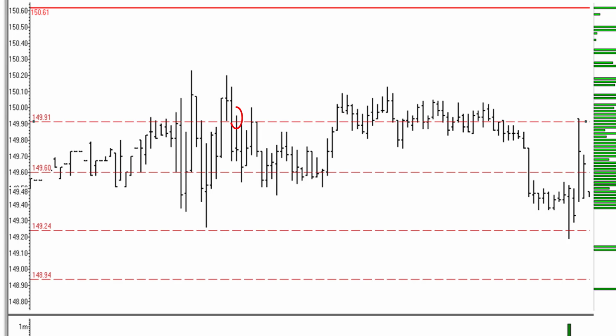And then as the session moves on, what you want to do is watch for moves up above a band, since these are short side sales, and then back down through it. Ideally, what I'm looking for is a move back down through the band from no higher than that initial stop loss level that I had on that first trade. So this high would be the highest that I would want to see the move back down from.